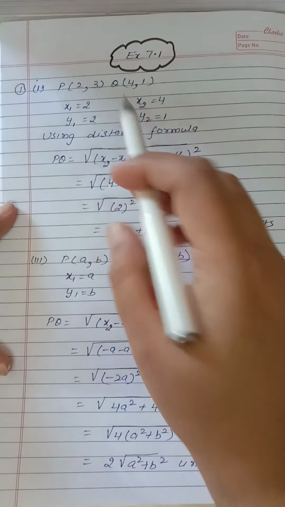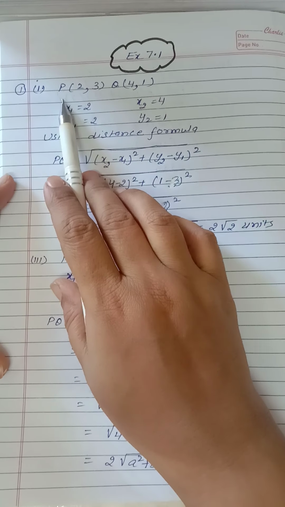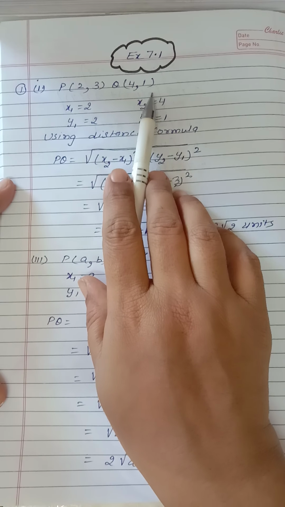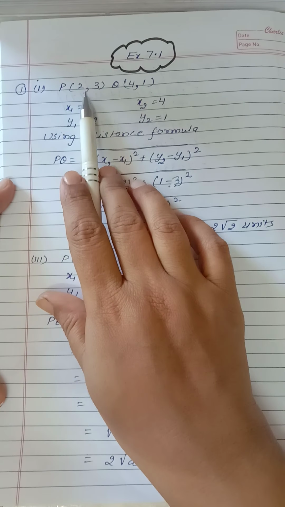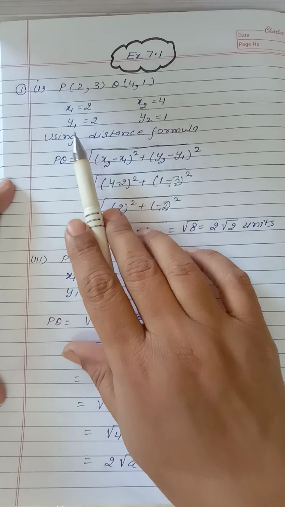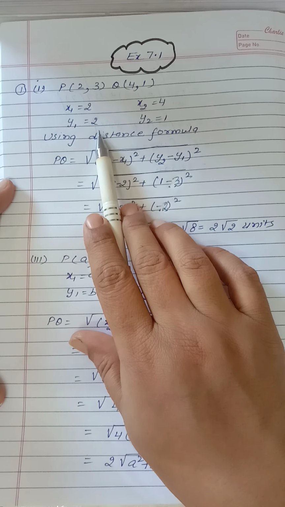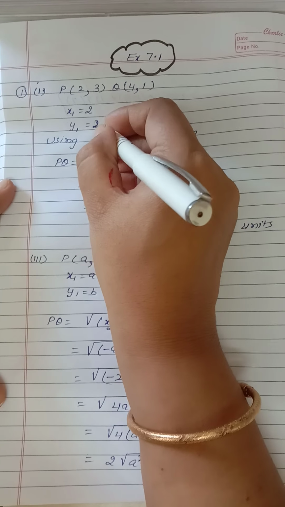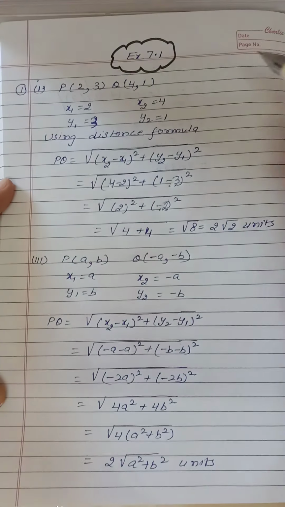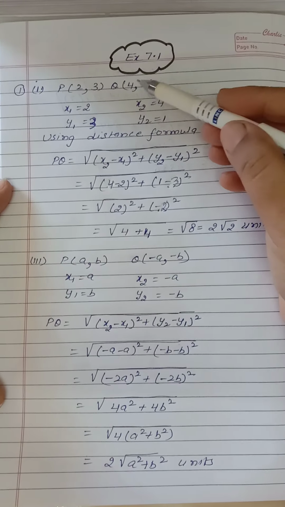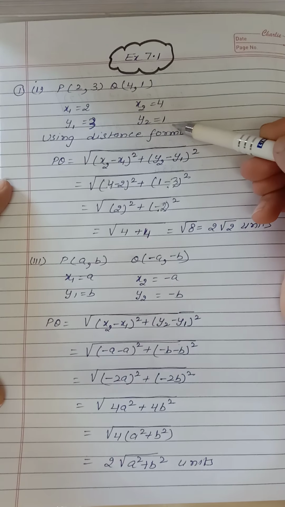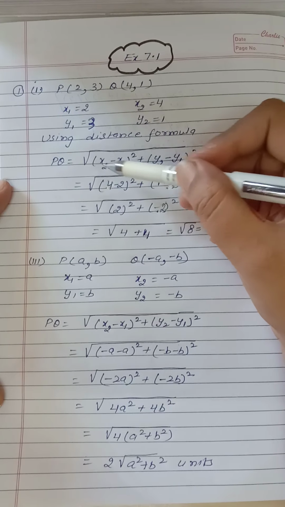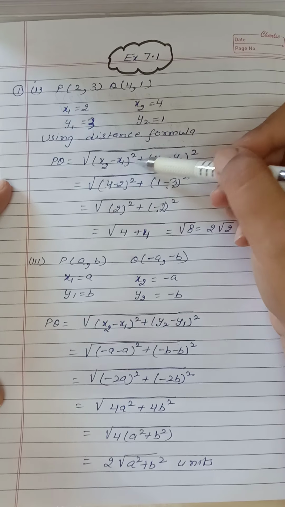Let the point (2, 3) be represented with the name P, and the point Q is represented with (4, 1). So what is the value of x1 given? It is 2. What is the value of y1 given? It is 3. What is x2 given? 4. y2 given is 1. So using the distance formula, the distance PQ is given by the formula